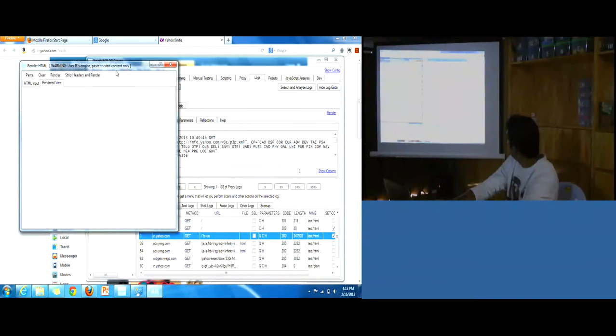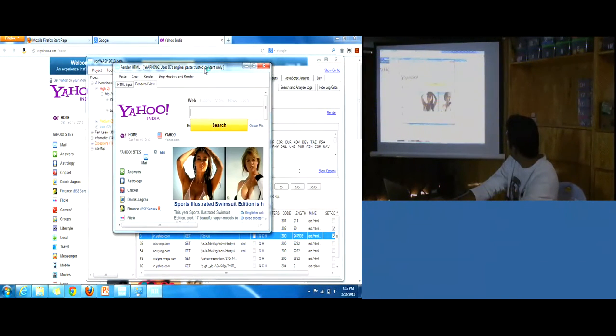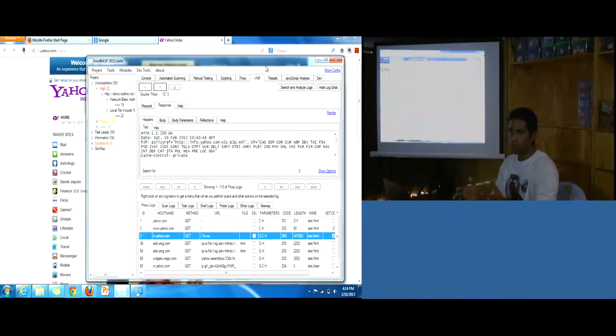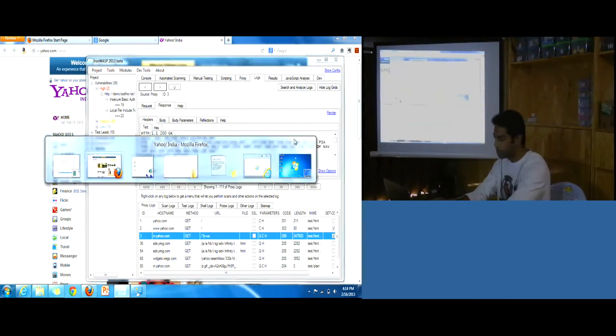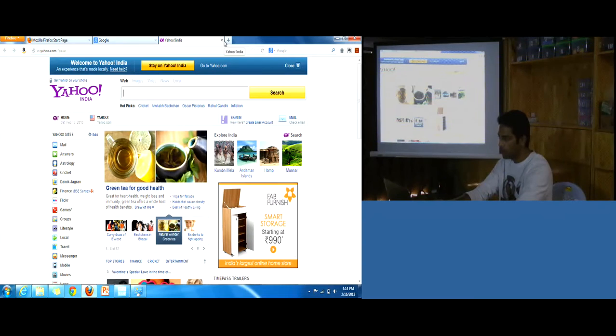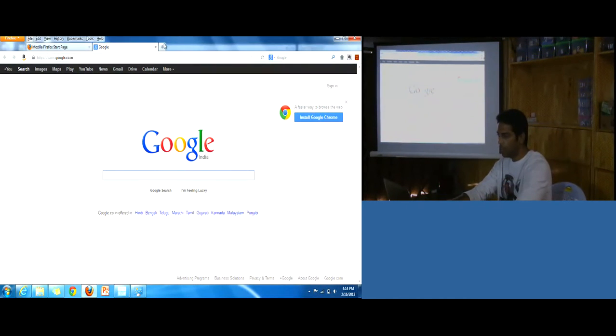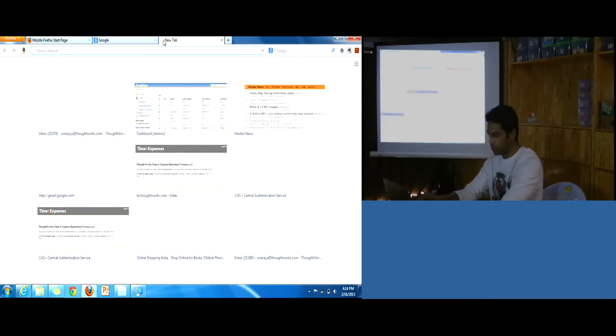You could do a render. So this is the response that came back. When you're debugging, say something doesn't work, for example you have a lot of Ajax requests and something doesn't work, you can actually set this as a proxy. You can look at each request that is going to the server, and you can use it for debugging, basically to figure out why some of your web-based code is not working, right? That's something you can do.